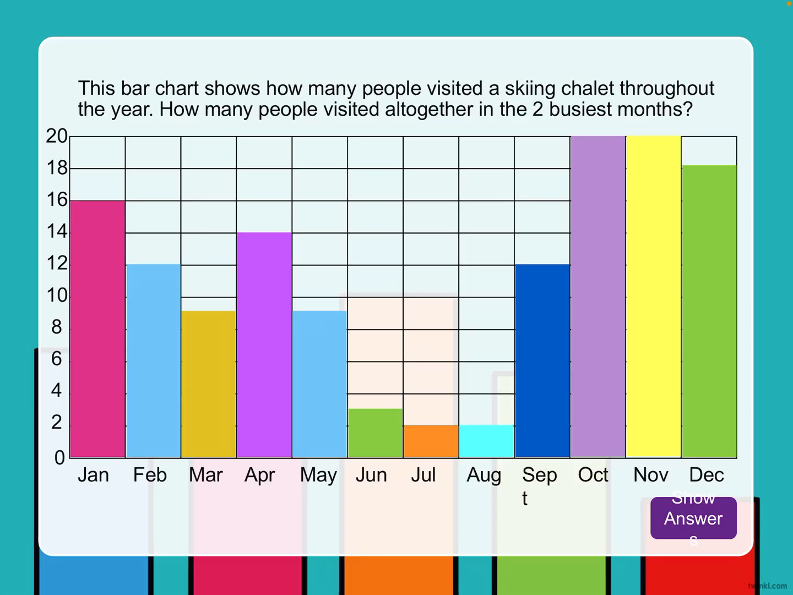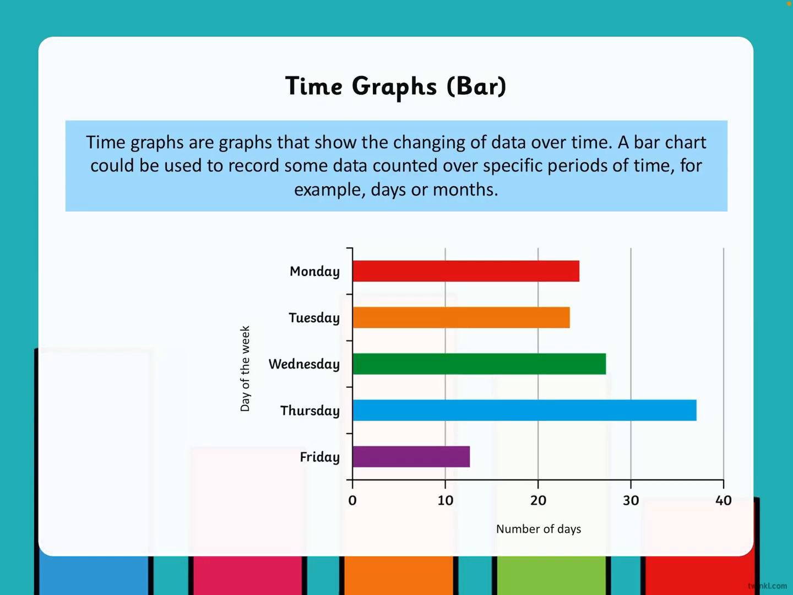This bar chart shows how many people visited a skiing chalet throughout the year. How many people visited together in the 2 busiest months? So this is quite a tricky calculation. You need to first of all look at what the 2 busiest months were, and they'll be the tallest ones. So that's October and November. Now they're both sitting at 20. So if there was 20 visitors in October and 20 visitors in November, then the answer must be